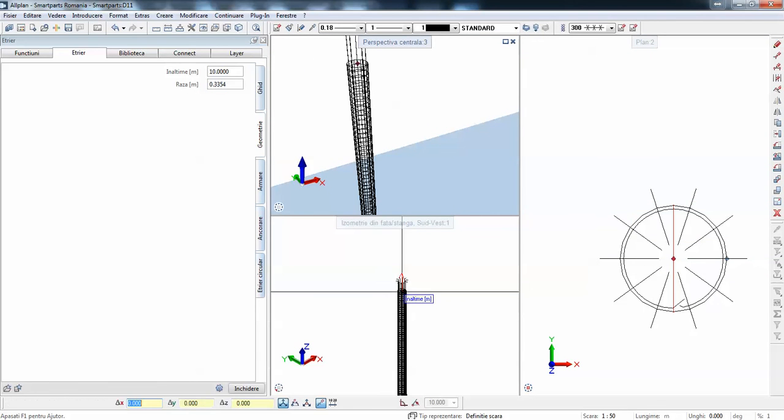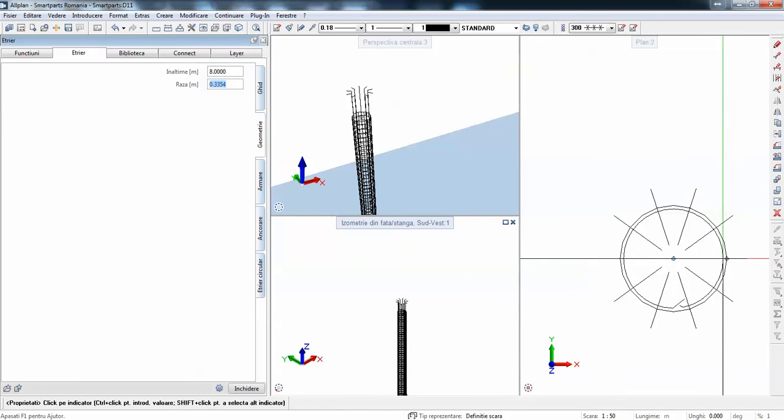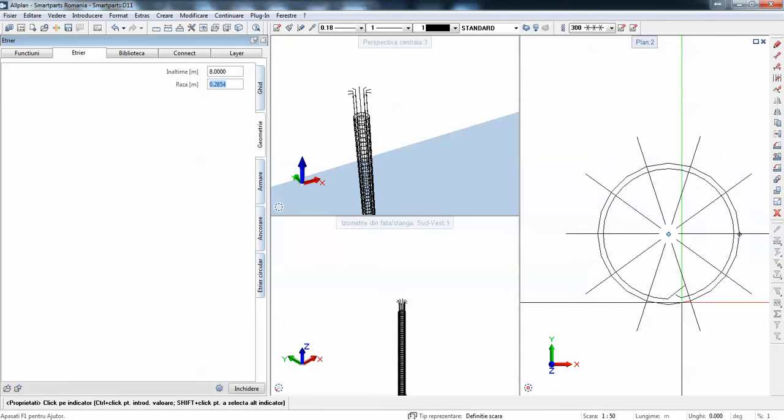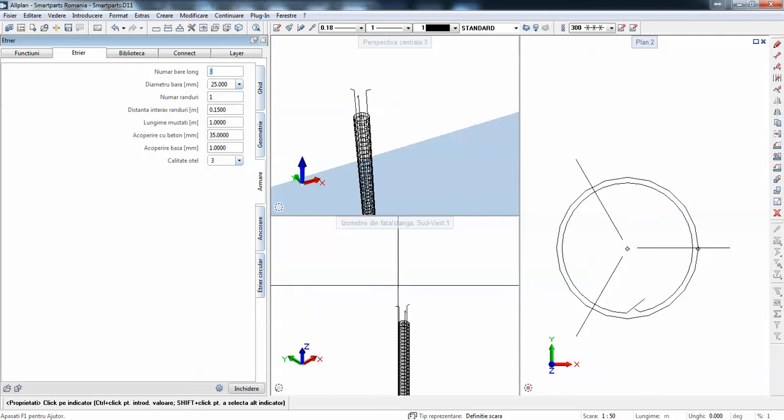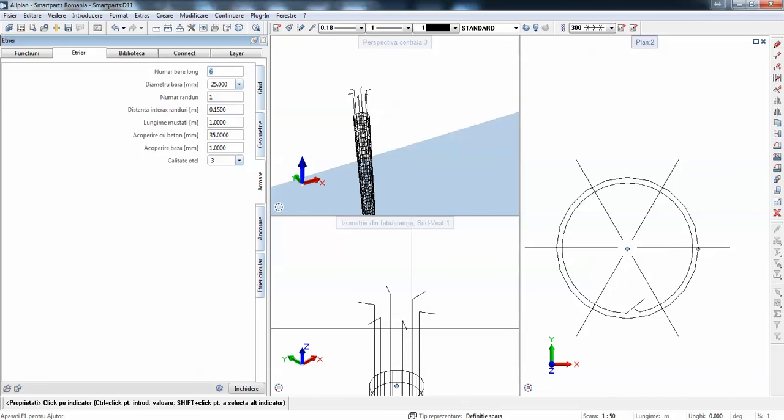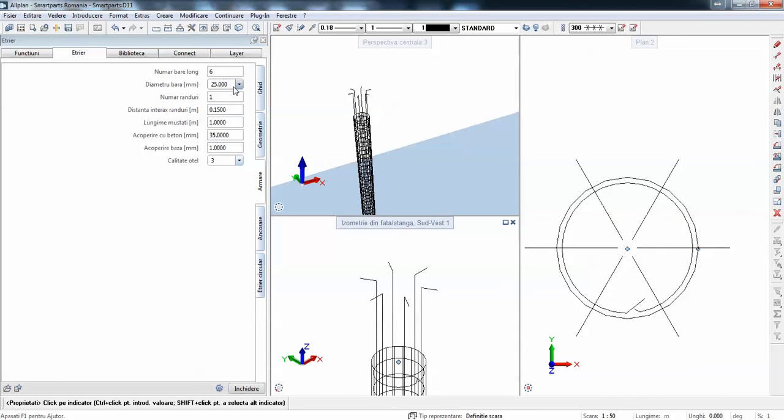I have two parameters, one is the length of the pile and the other is the radius, and everything will adapt accordingly. Then there's the reinforcement. I can input the number of rebars. There can be 3 rebars, 6 rebars, whatever. I can choose the parameter, and it's quite fast. The diameter of the rebar can be chosen here. And other like distances between rows. So this is only for distance. I don't know what this controls.